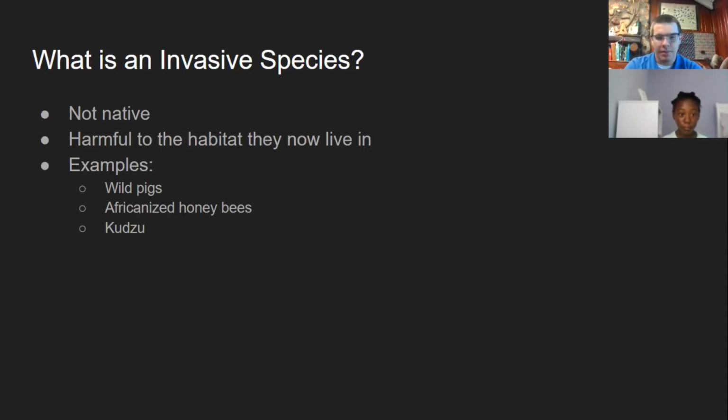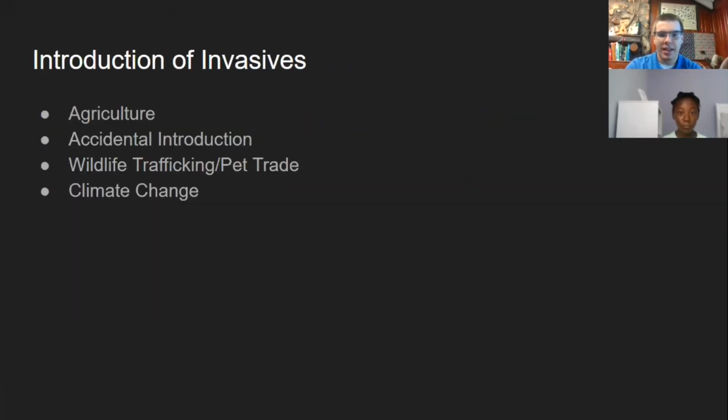So they can be things like wild pigs, Africanized honeybees, plants like kudzu, which is starting to take over the deep south. These are all examples of invasive species. They are creatures that didn't exist here naturally, that got here somehow, and now that they are here, they are hurting the ecosystem. They're outcompeting stuff in the ecosystem and making it harder for the creatures that exist